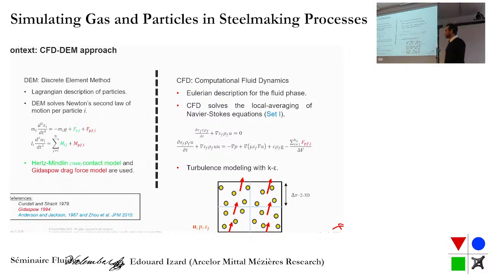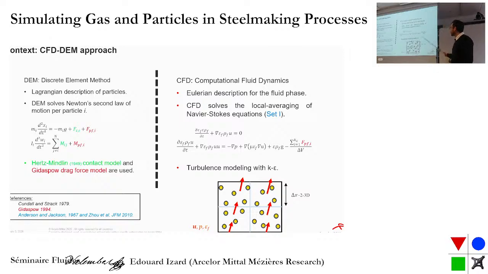So it's a combination of the Wen and Yu and Ergun drag laws. And on the other hand, we have the CFD, computational fluid dynamics, based on Euler description. So we solve local averaging Navier-Stokes equation that are shown here. And the coupling term, in fact, between the discrete element method and the CFD are the particle fluid flow, so